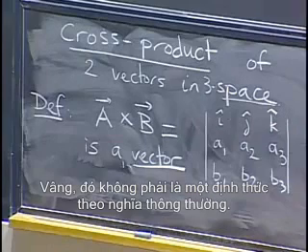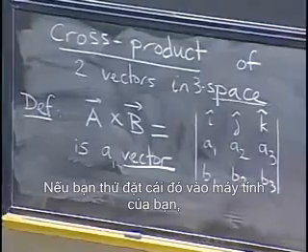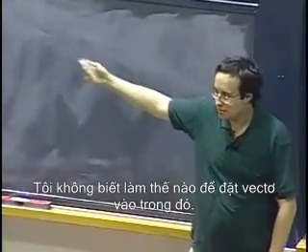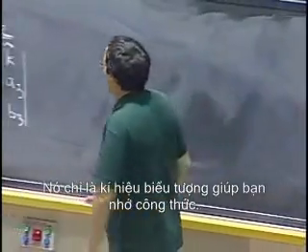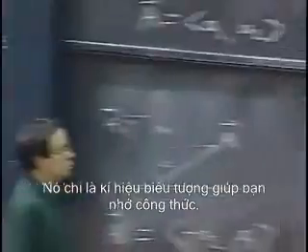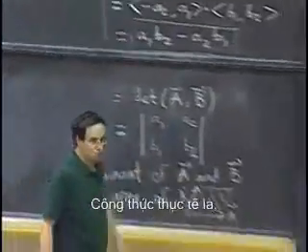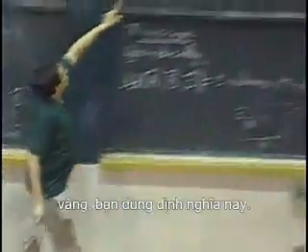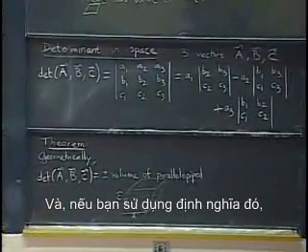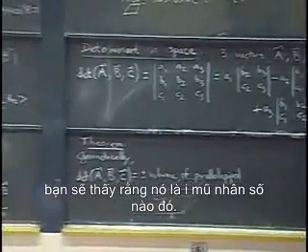What does that mean? Well, that certainly is not a determinant in the usual sense. If you try to put that into your calculator, it will tell you there's an error, I don't know how to put vectors in there. I want numbers. What it means is it's a symbolic notation that helps you remember what the formula is. So the actual formula is, well, you use this definition, and if you use this definition, you see that it's i hat times some number